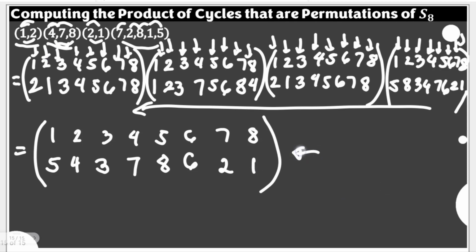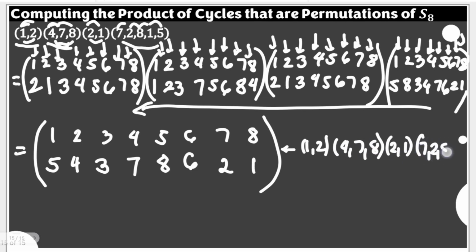This is now the result, or the permutation, which is the product of the 4 different cycles. You have here 1, 2; you have 4, 7, 8; you have 2, 1; and you have here 7, 2, 8. Okay, let me rewrite all of this just for illustration. So again, this is 1 and 2, 4, 7, 8, 2 and 1, and you have 7, 2, 8, 1,